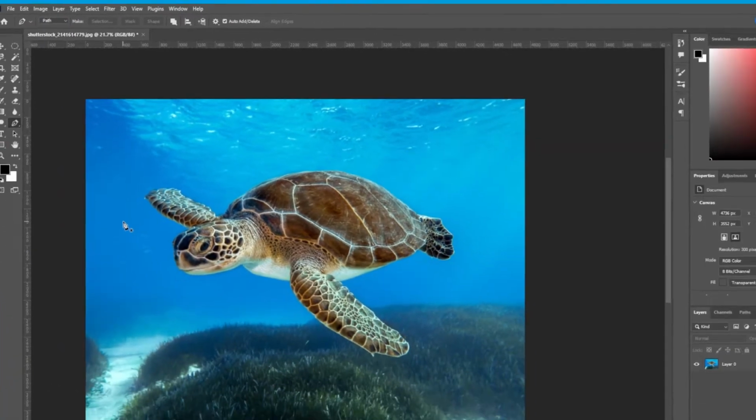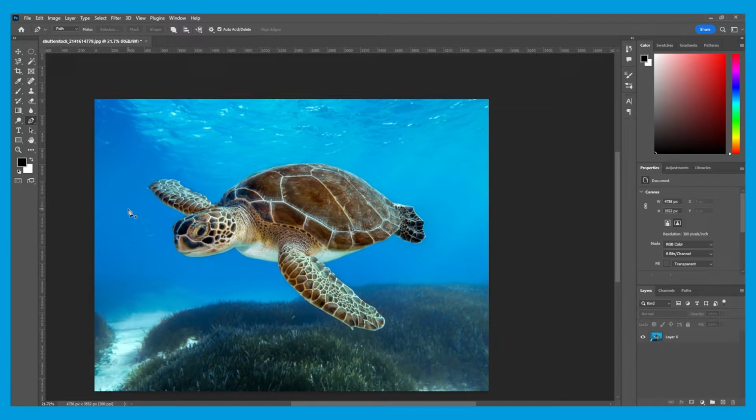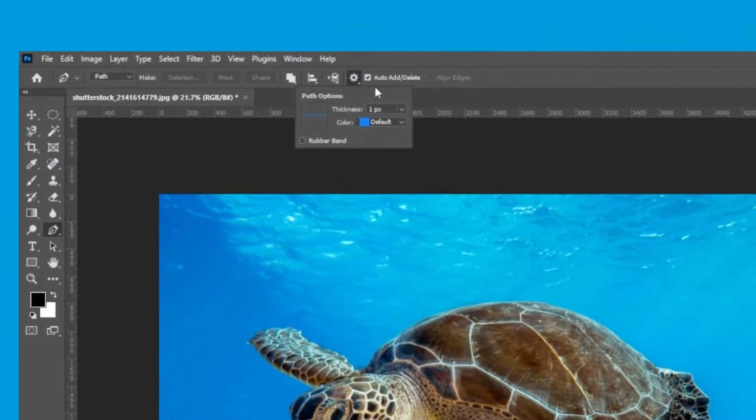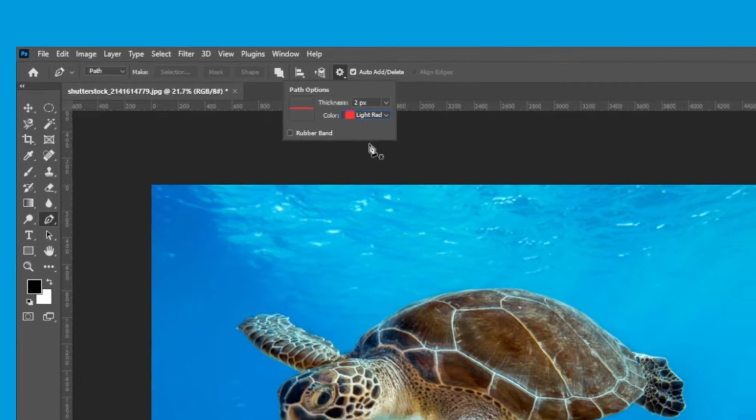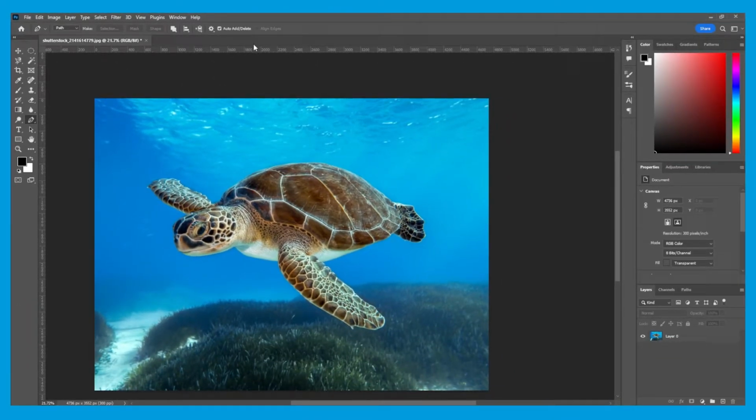The default option for the colour of the path will be blue, and it's 1 pixel wide. As you can see, I'm working in the ocean, which is blue, so it's going to be hard to see the path option. So you can actually change the path colour if you head to the cog up here. Click on it, you'll have loads of different options here. So I can change the thickness to 2 pixels so that it's a little bit more visible to me. And I'm going to make it red as I'm working on a blue background, so I'll be able to see it a lot easier.